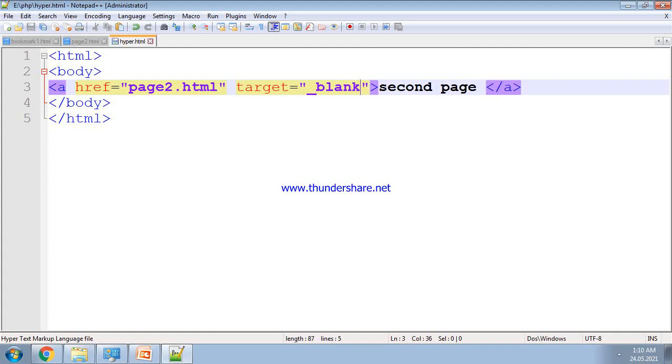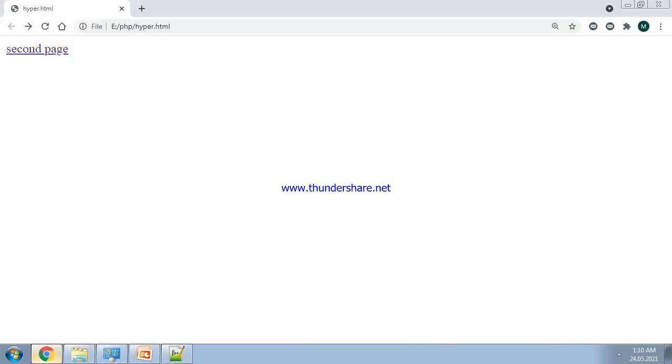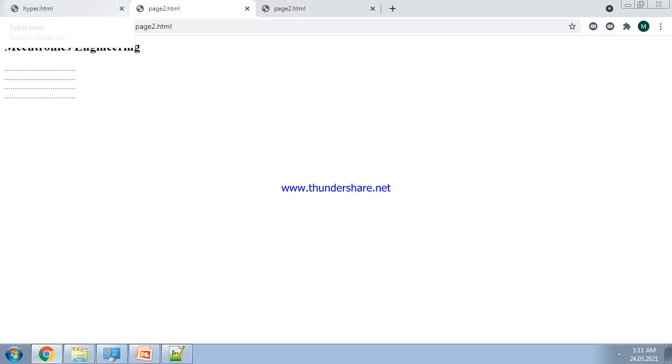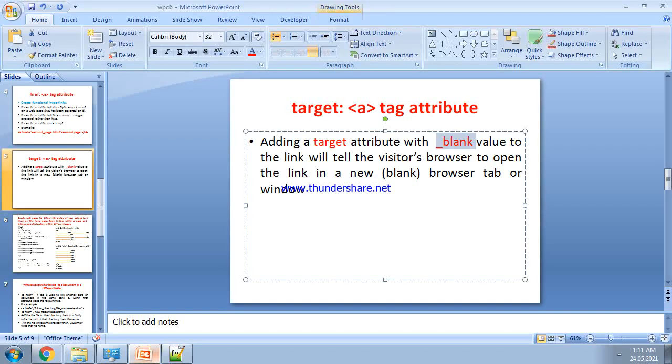If we save this program and run it again, and click on the second page, it opens in a new tab. This is because of the target.